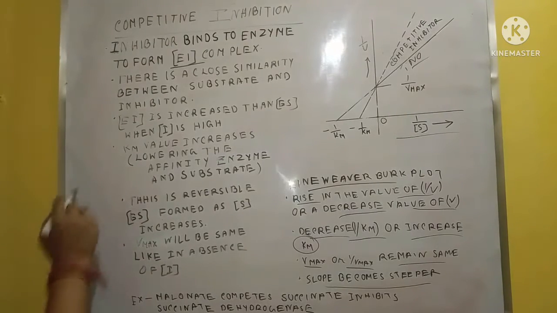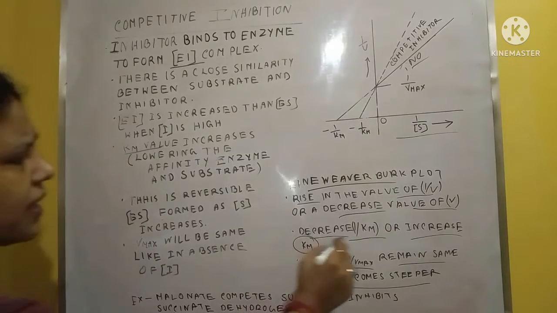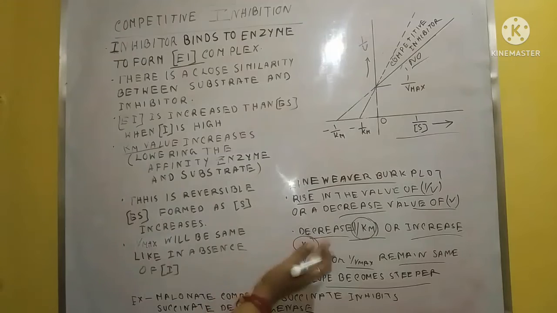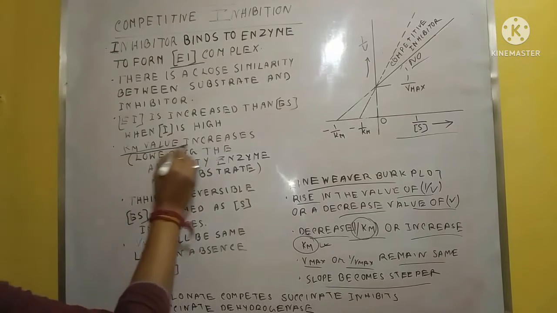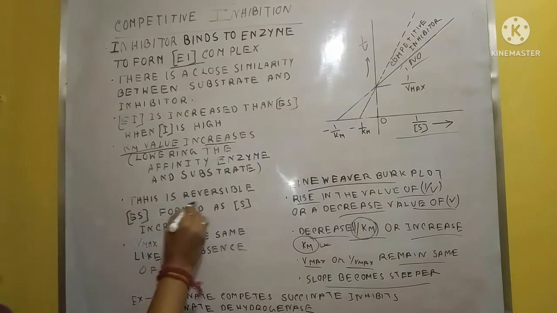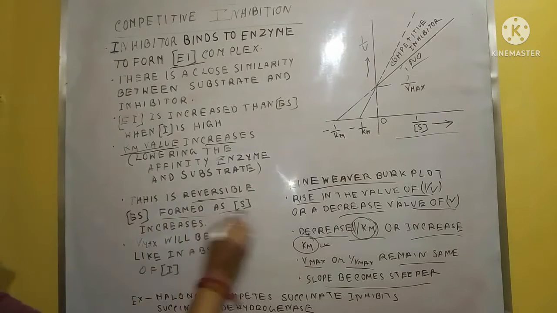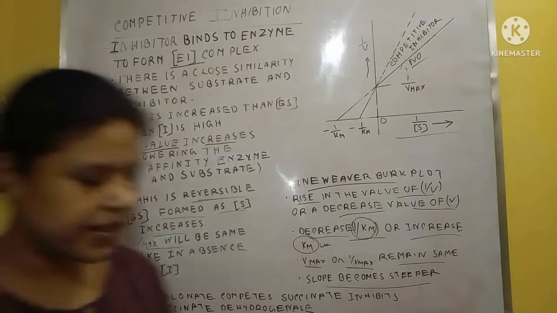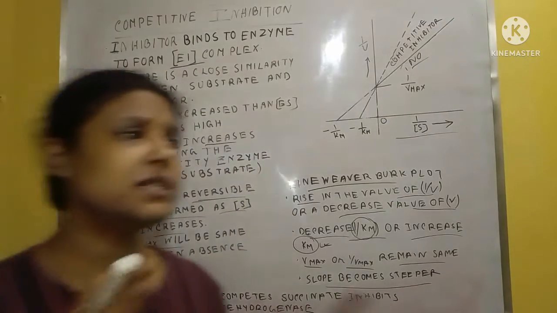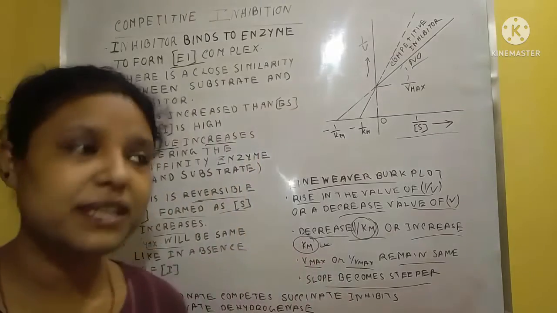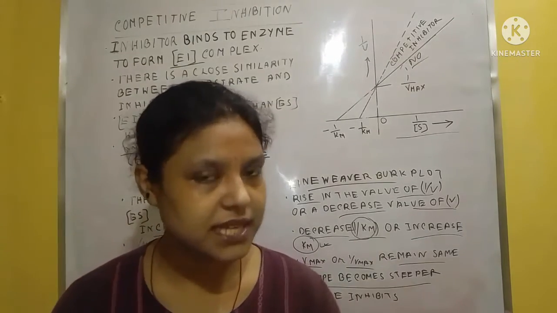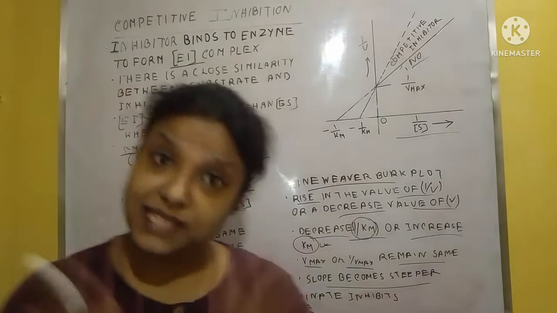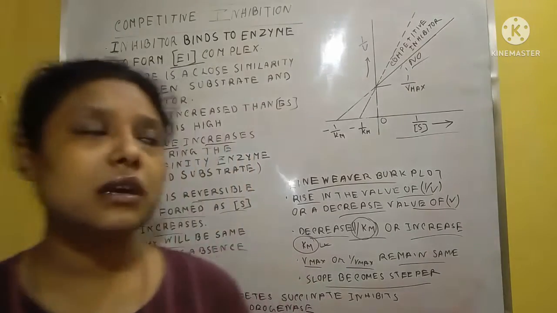Okay, very good. Km value, here we learn about 1 by Km, and I just write here the Km value also. You just see from here also that the Km value increases, and this is reversible. I say to you that this is reversible. As the S increases, Vmax will be the same. So what we learned here is that when the inhibitor is present, that means the EI complex is formed, but when the substrate is maximum in the medium, then the inhibitor cannot bind with the enzyme. As usual they have the same features here,